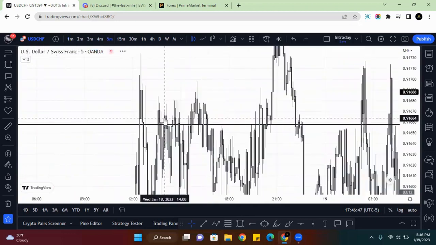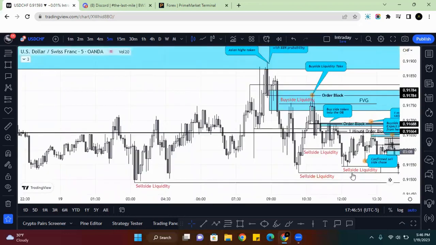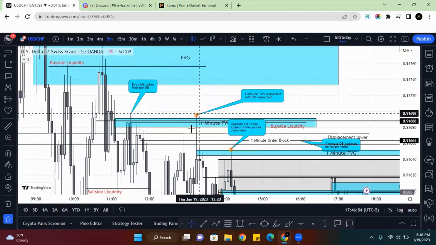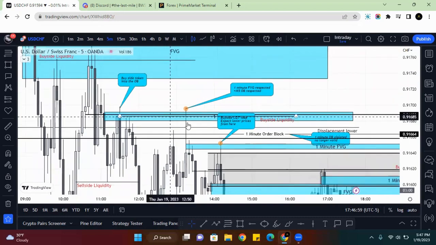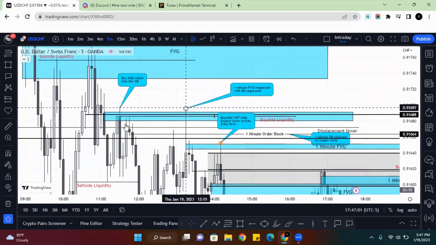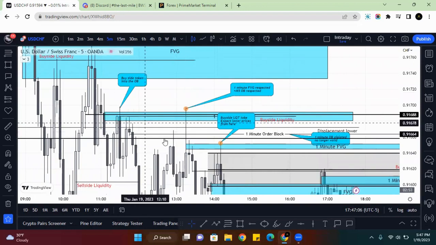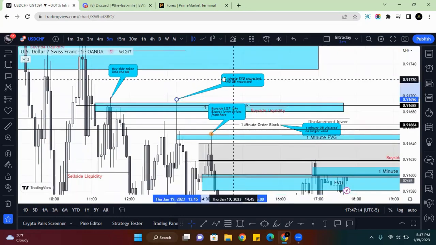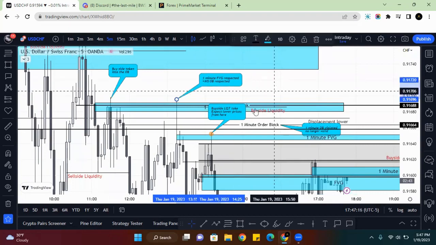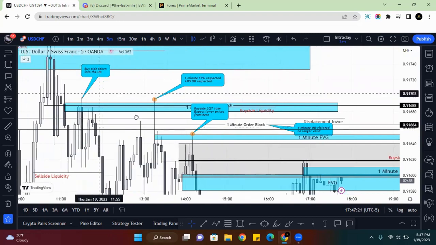So going back up to the 5 minute, scroll over, zoom into the part that I was last on. So it's that same 1 minute fair value gap. I basically wanted to see why price rallied up like this. And I looked over and I saw that via this impulse move, right? These were all old highs. I should have known that they were going to be taken out, but human error. They took out the old highs, and I typed in 1 minute fair value gap respected plus 5 minute order block respected. Well, where's the 5 minute order block?